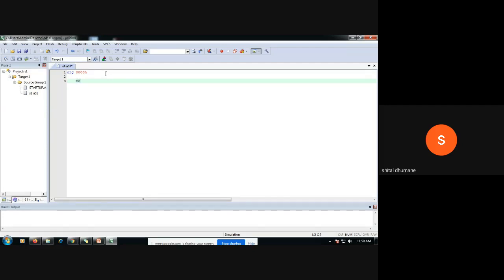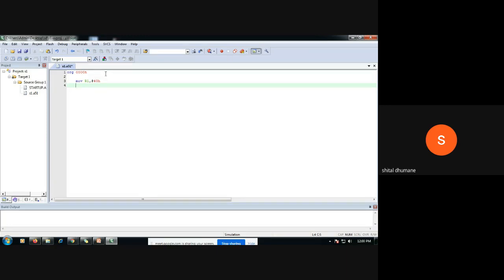So first, the memory location will be stored in R1. I consider the memory location 40H. From 40H onwards, 40, 41, 42, we will store the 10 bytes, in the memory locations we discussed in the last lecture.